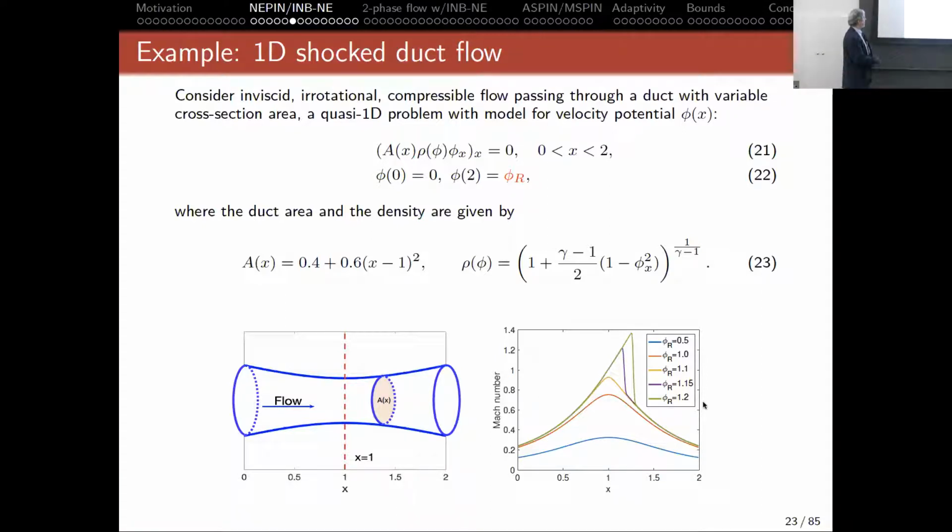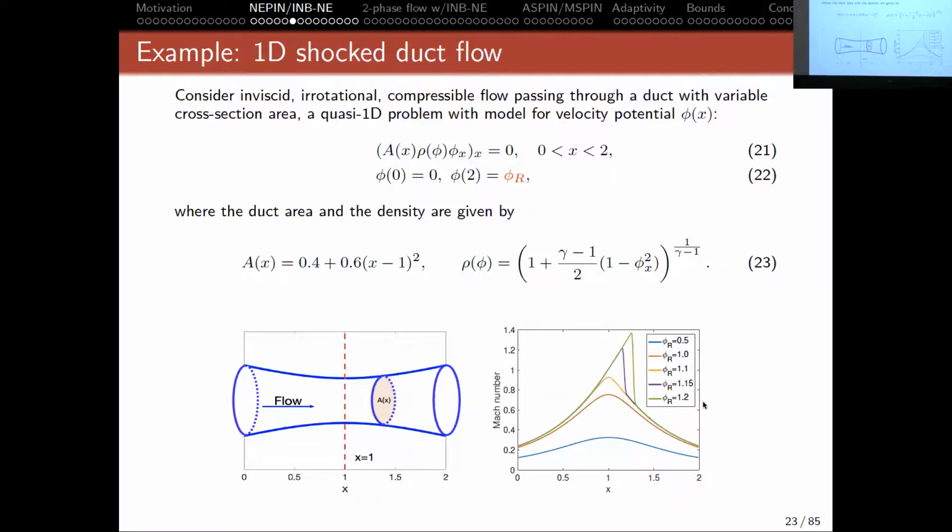This is transonic flow in a converging, diverging nozzle. We have density, rho, and a velocity potential for the averaged x direction velocity, phi. And here's the parabolic cross-sectional area. And those familiar with fluid mechanics, compressible flows 101, know that if you drop the pressure sufficiently at the end of that tunnel, you eventually induce a shock. So as this right-hand side value of the potential passes about 1.15, a shock is formed, and the problem becomes nonlinearly interesting.